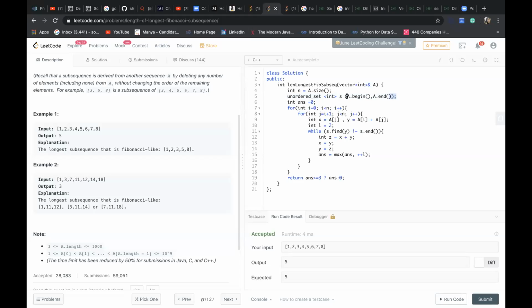So when you use the set instead of unordered set, building that set will take n log n time. Yeah, that is fine, right? What you say makes sense. But if you do it with unordered set, the building is not going to take n log n, correct? Yeah, building will take O(n), right? It will take O(n), yeah.